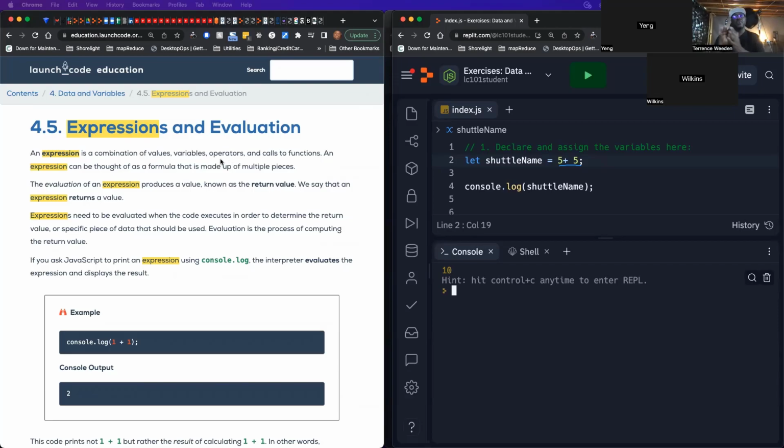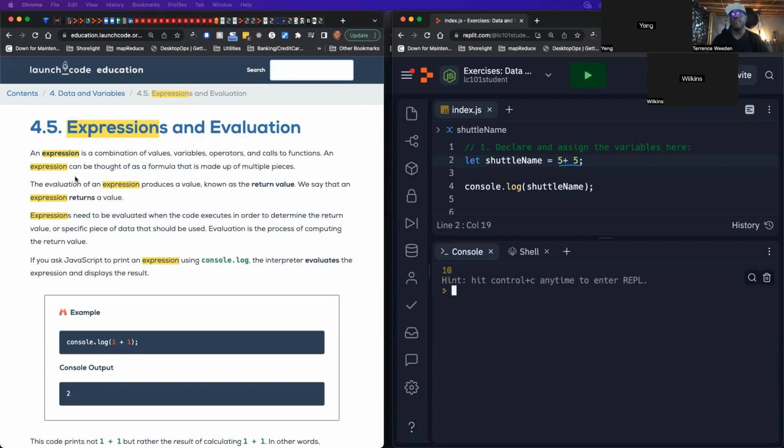So it's not only here, anything that's a combination. The reason we're using this one is because this is the simplest form: 5 plus 5. That's an expression. And it tells us that down here. We don't have to put it in a variable. We could have just done a console.log of 1 plus 2, 1 plus 1, and it gives us back the output. And so it says